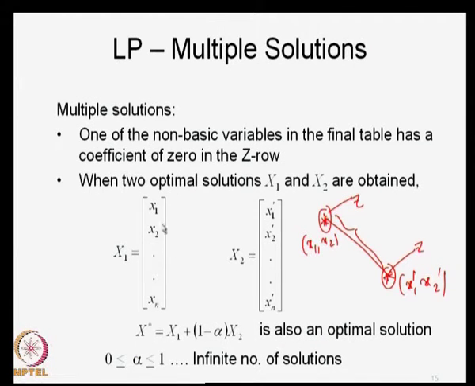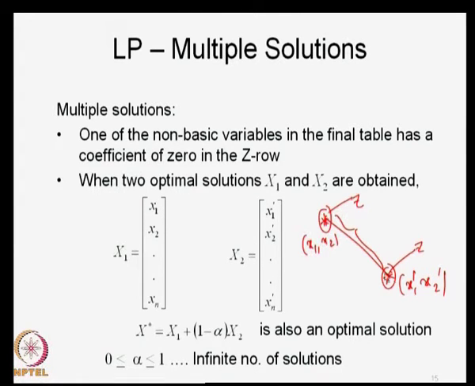How do you go to the next iteration? You make this particular non-basic variable, which has a coefficient of 0 in the 0th row or the Z row, the entering variable, apply your criteria for the departing variable, and make one of the variables depart. So, proceed essentially to the next iteration, and you do all your computations, transformations, etc. You will realize that the Z value remains the same, but you got a different solution, which means that starting with this solution x1, you went to the next iteration and captured another solution x2, both of which lead to the same optimal objective function value.